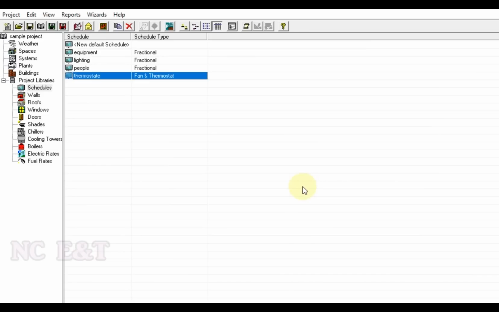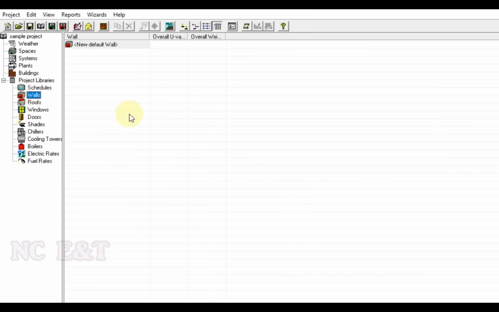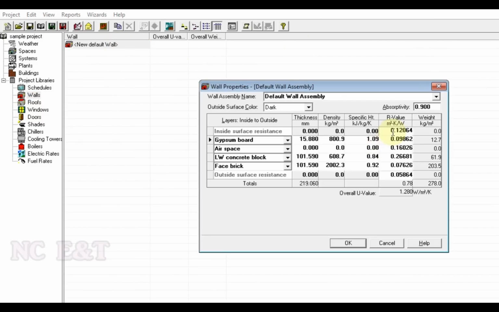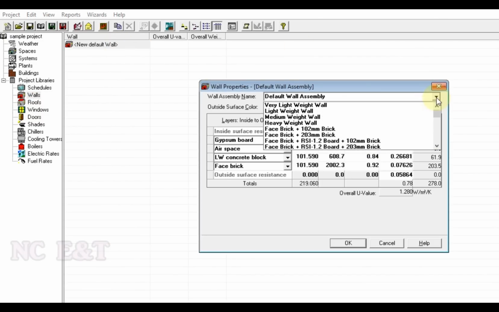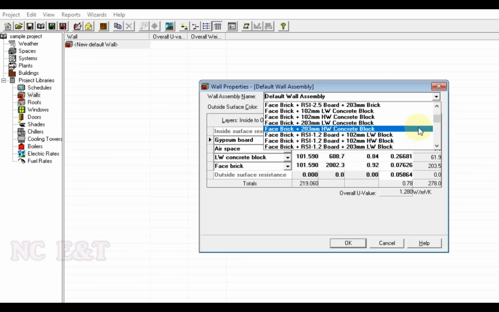Now we'll go for the walls to assign the values for the wall. We'll select the properties for the wall, and you can see from the program there are so many combinations of the wall structure, and you can select any of them as per your project specification. Even if any of these combinations is not matching the wall of your project, then you can calculate your own U value.